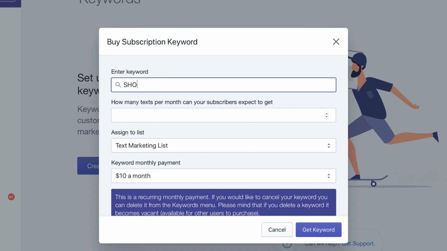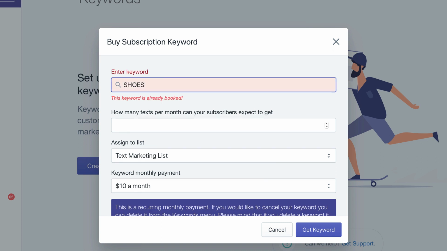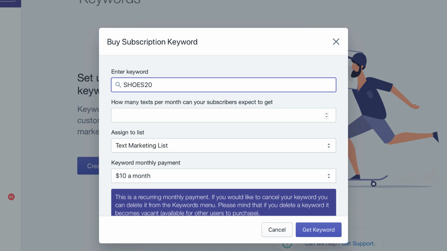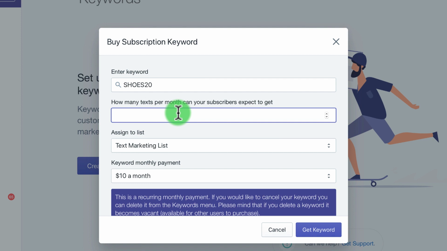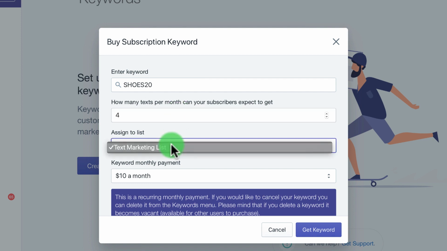Go to the Keywords section and click on Create New Keyword. Enter the keyword you want to get, for example, shoes. In case it's currently taken, try adding a number or choosing a different keyword. The best course of action here is to create a keyword that's going to be as relevant as possible to the subscriber list and promotion you're running. For instance, you have a sale on all new arrivals in your shoe collection. Enter the number of texts your customers can expect per month, choose the list you want to subscribe them to,